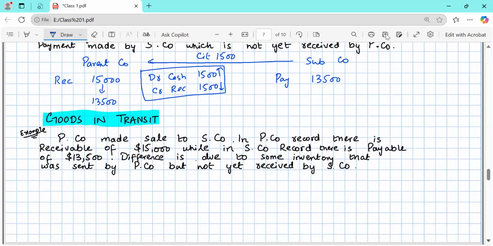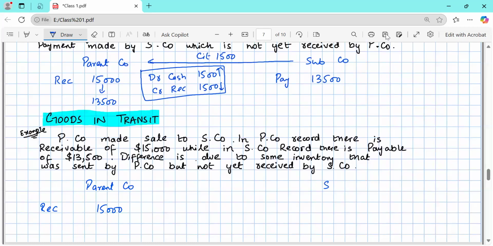Then comes goods in transit. So again, now there are some goods, inventory, that is transferred from one party to the other, but the other party has not yet received that. Now how to adjust that? Let's see. Now the parent company made a sale to the subsidiary company. In the parent company record, there is a receivable of 15,000. So again, the parent company has transferred some goods to the subsidiary company and has recorded the receivable of 15,000,